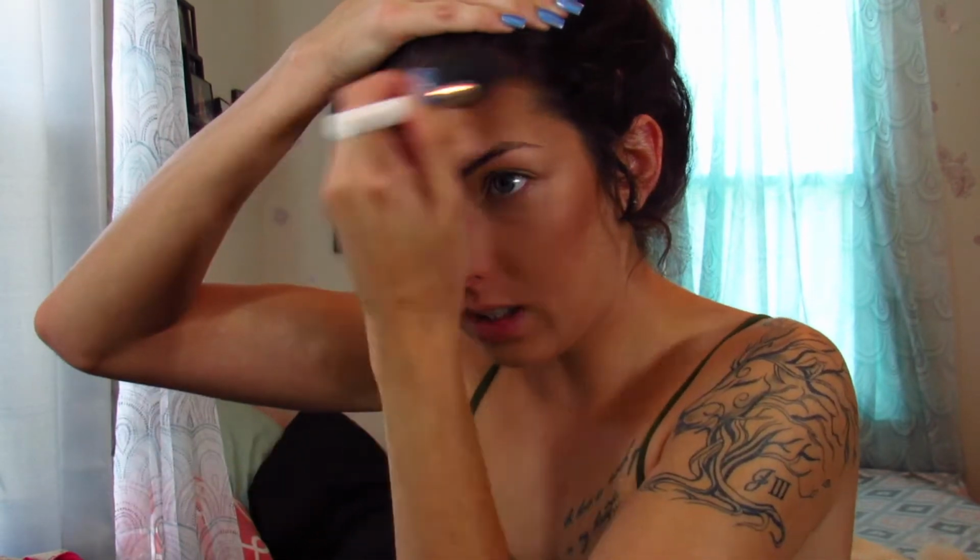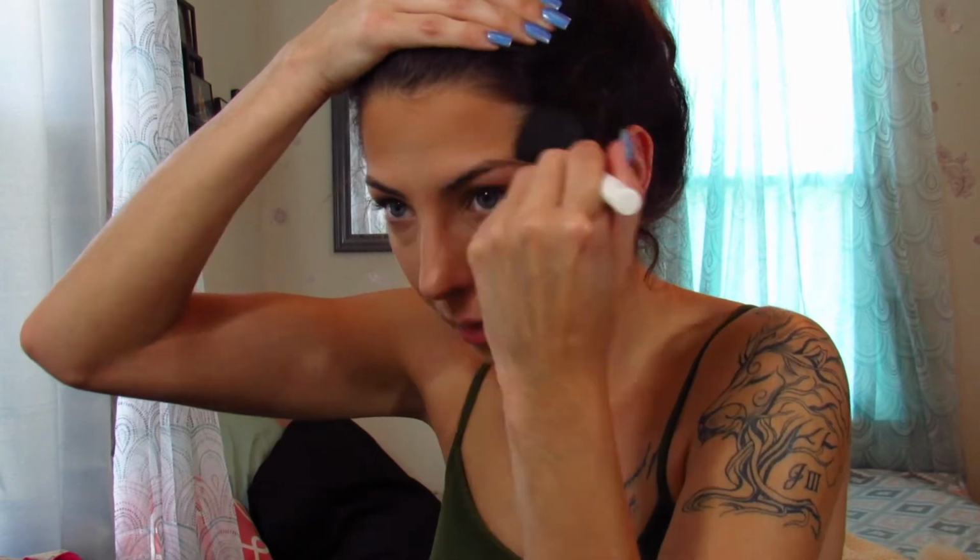This is just gonna warm it up and give it just a little bit of a sheen. This doesn't have any glitter in it, but what I love about it is that you can slowly build it up, and it's pretty warm, but it's not like dirty looking. It won't make you look dirty or anything. I'm just gonna throw this bronzer in my crease. I'm not gonna do anything crazy. I'm just gonna do a very simple look today,